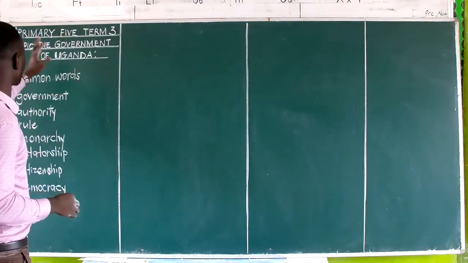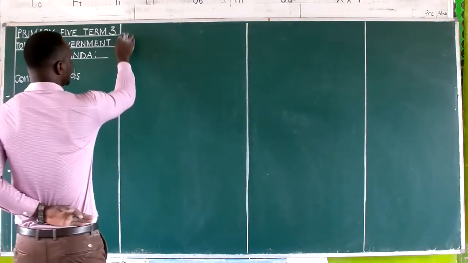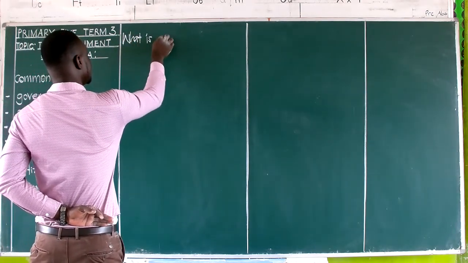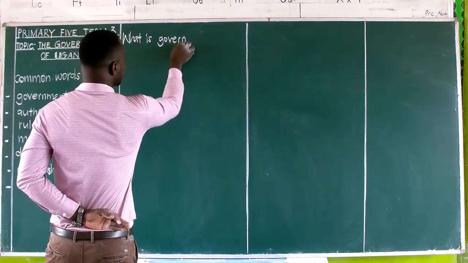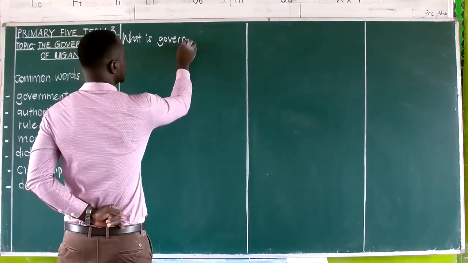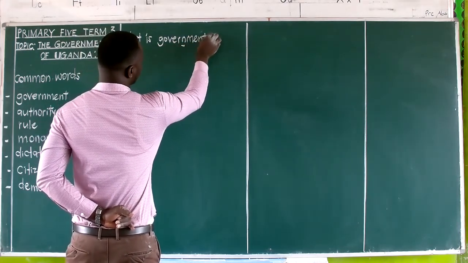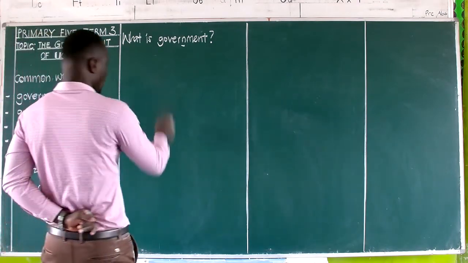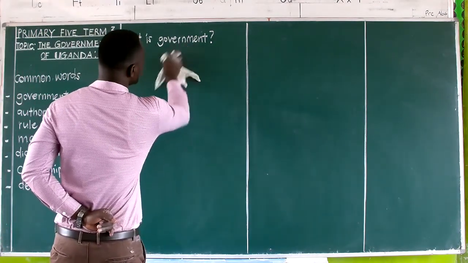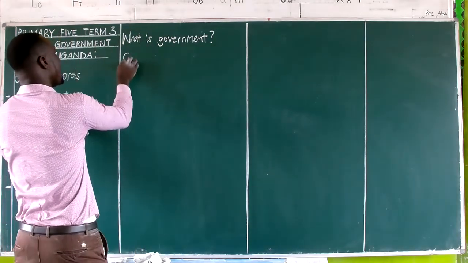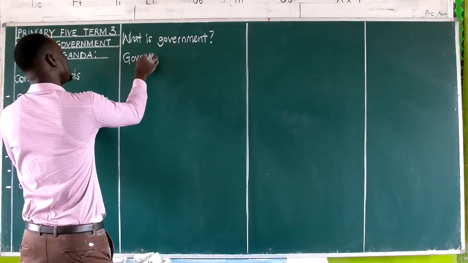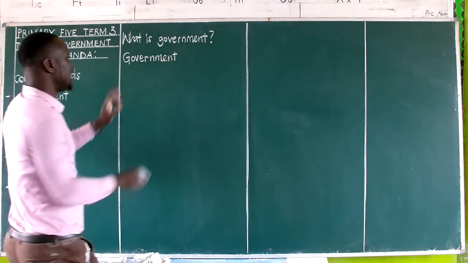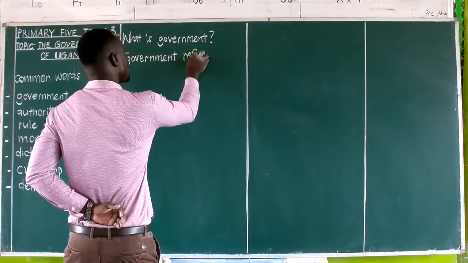Having looked at this, we are going to look at what we mean by government. So we are going to have our question: what is government? Like I said, government has that silent N, then we write ment. Since it's a question, we shall put a question mark there. What is government? Or what do we mean by the term government? Now, our answer is the term government, don't forget the silent N, government refers to